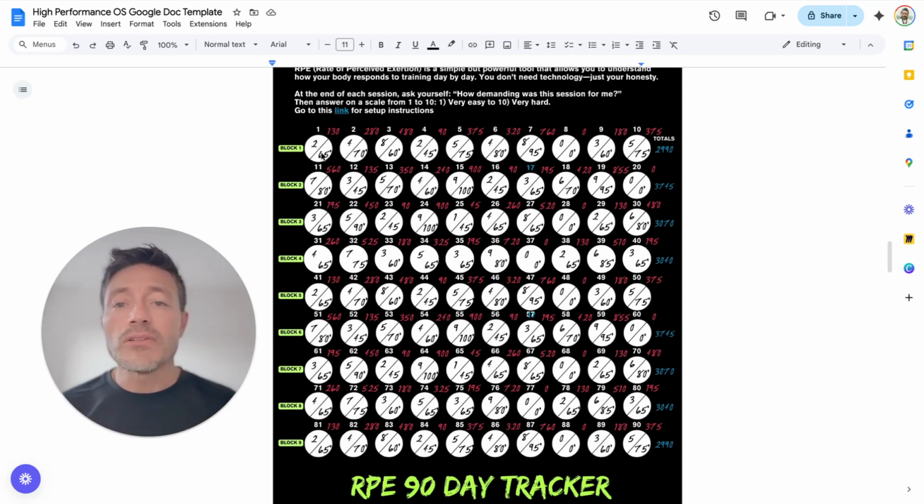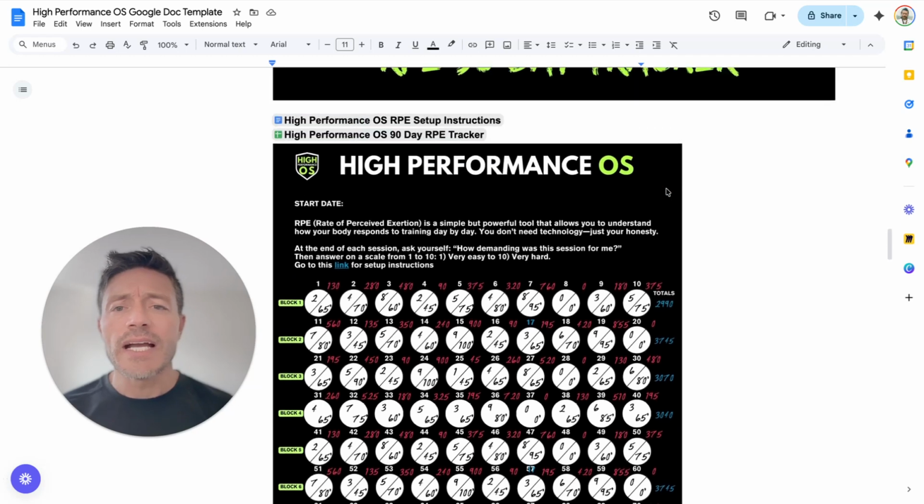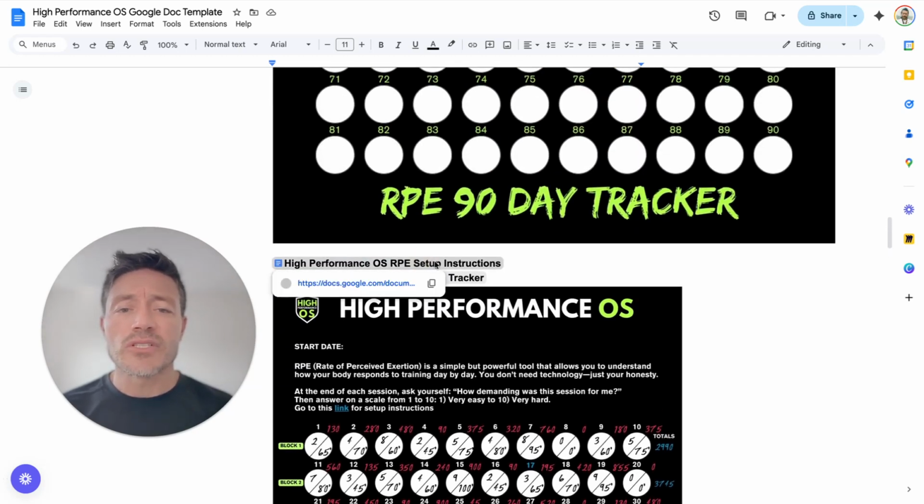You multiply these 2 numbers, get a number out here, and keep adding them up all the way until you get the total. This is your arbitrary units, 2,990. This is just a hypothetical example. Then block 2, you do the same thing. And eventually we'll get to a point, and I have the setup instructions here for that, where you calculate